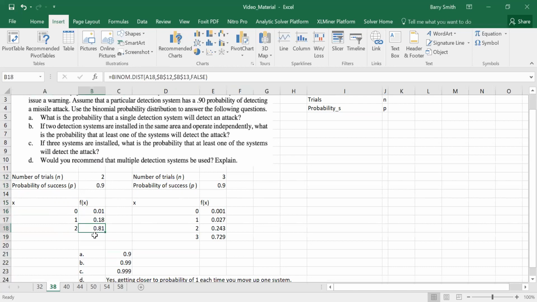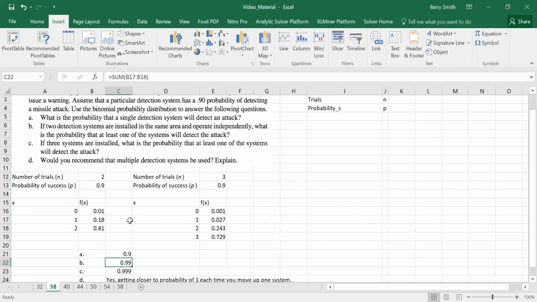What we want for this one, if 2 detection systems are installed in the same area, is the probability that at least one detects. That's going to be the sum of the last 2. So that's going to be pretty high, because you have 0.18 plus 0.81,